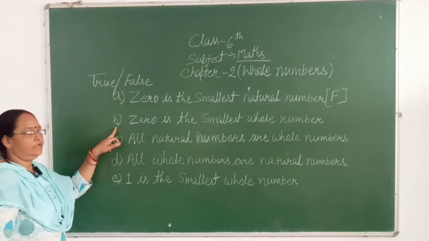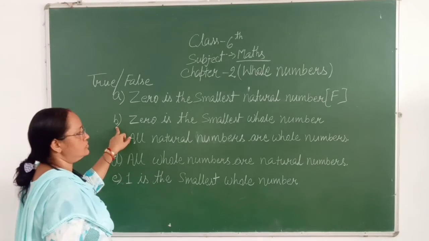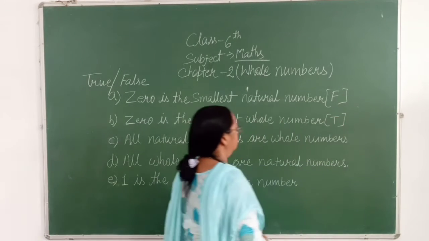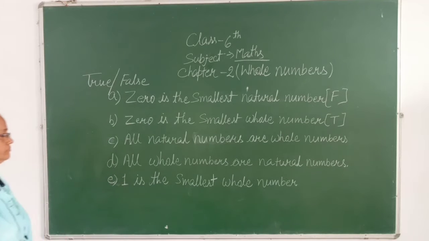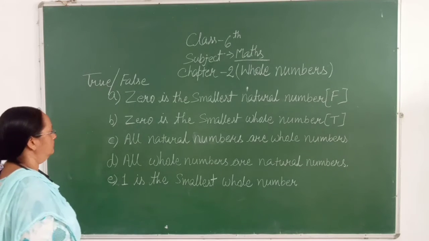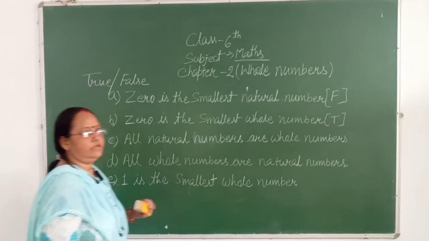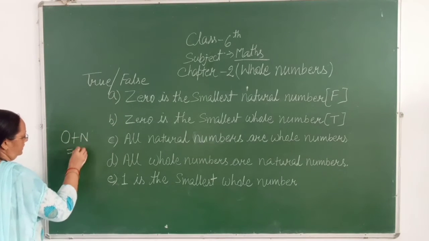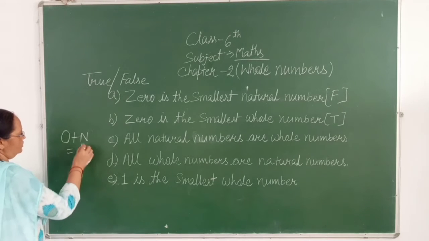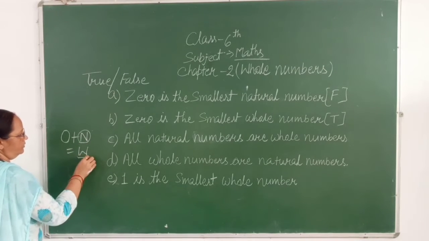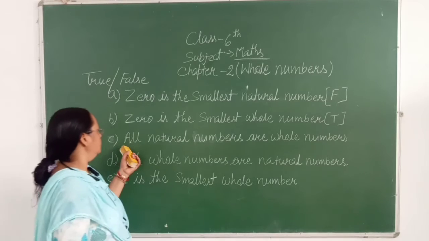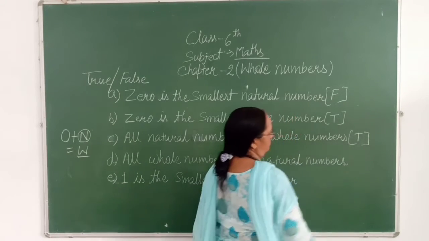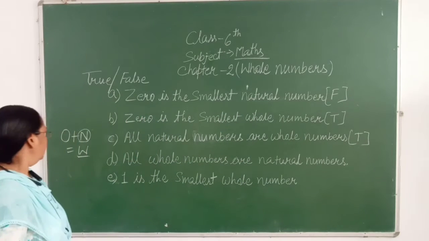Now statement B is 0 is the smallest whole number. This is true. Now all natural numbers are whole numbers. As you know, students, when we add 0 with a natural number, its collection is called the whole numbers. So all natural numbers belong in whole numbers. So this statement is true. And now the next statement is